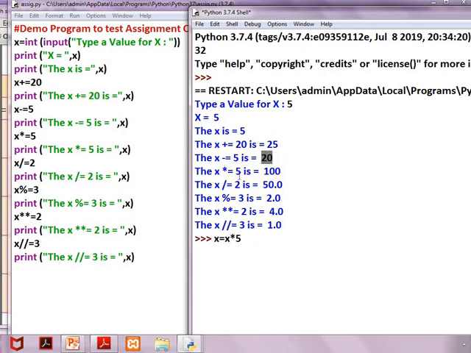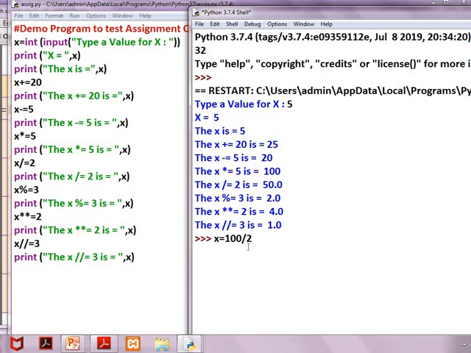So 20 into 5, 100. Now the x value is 100. So x slash equal 2, x equal to x slash 2. That means the last x value is 100. So 100 slash 2, 100 slash 2 is 50.0.